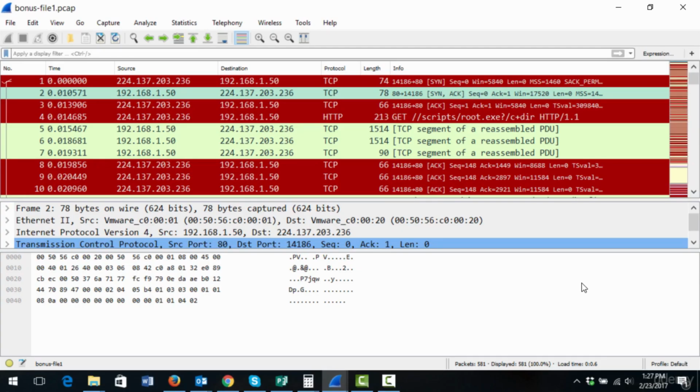This is an example of one of the bonus files that I've created. So what we want you to do is take the process you've learned in the class, and once you take that process, apply it. If you remember, one of the first steps of our process was look for suspicious traffic, and the second step was looking for open ports. So as a reminder, you just do